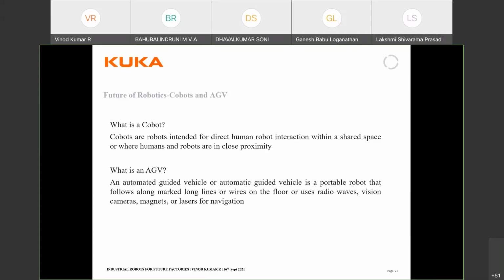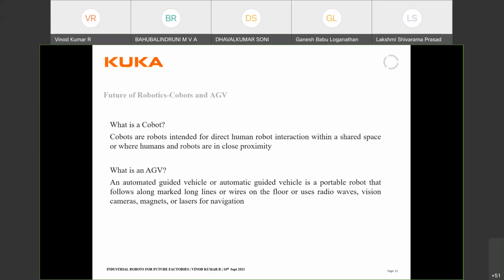So what happens in a cobot? In a cobot, we work on the same principle, taking the voltage and current feedback, but in an altogether different way. We use torque sensors. These torque sensors are put into each and every individual axis, so that the torque is checked immediately, and the tolerance limit in a cobot is very low, so that even a small feather touch